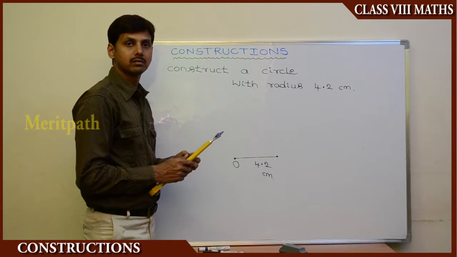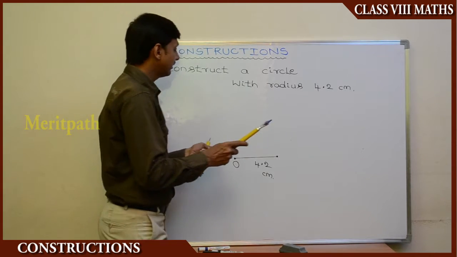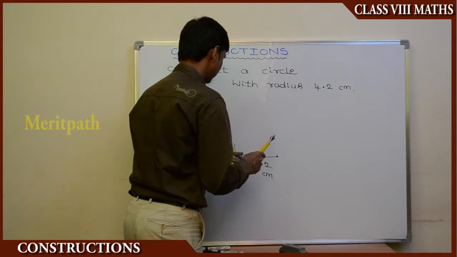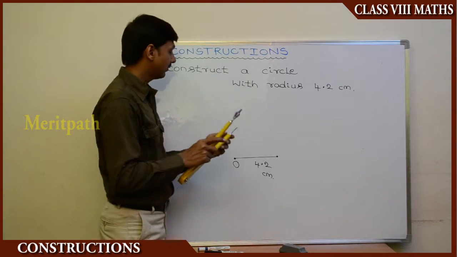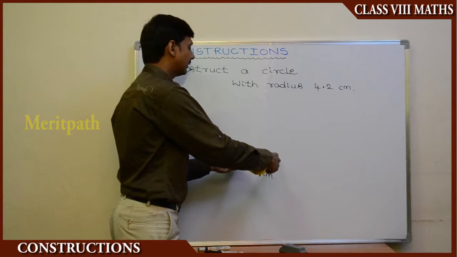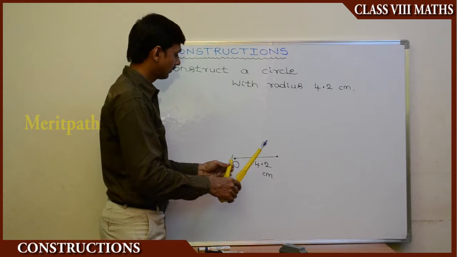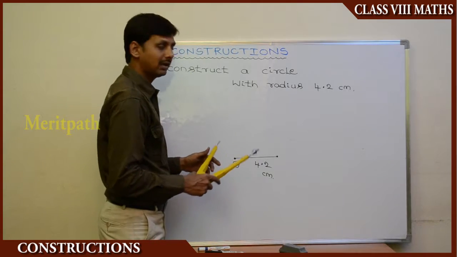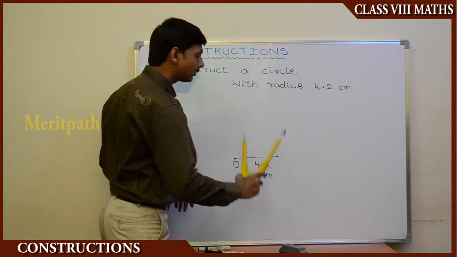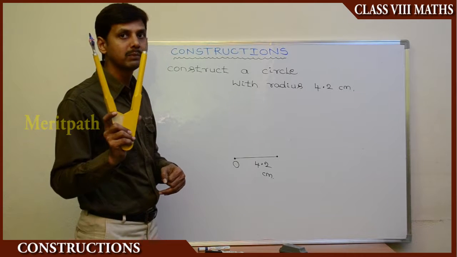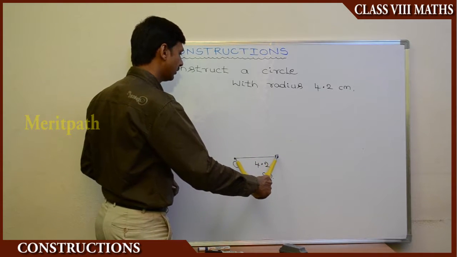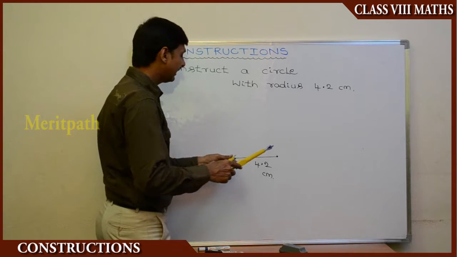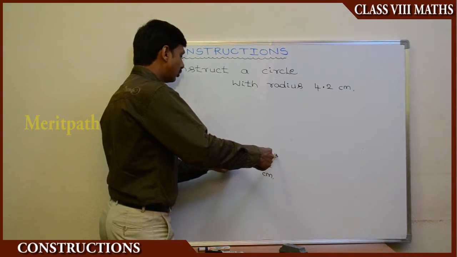So now let's take this center, and here the center of the compass we have taken at O and another point on the compass. So this is a 4.2 centimeters radius we have taken. The line segment has already been constructed, and also on the compass we have taken 4.2 centimeters. Now, using this radius, let's